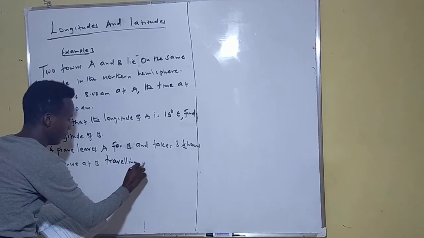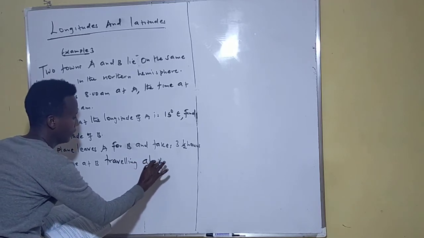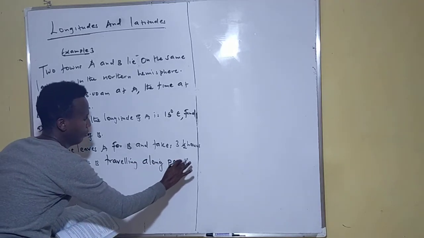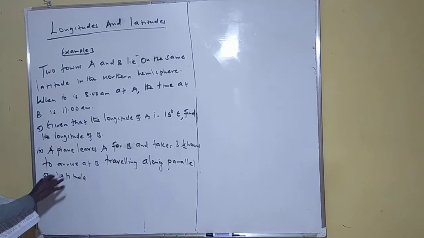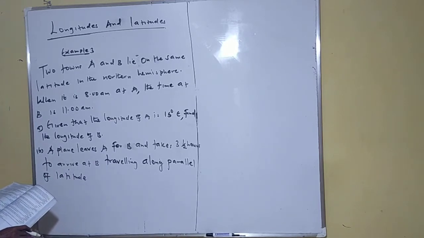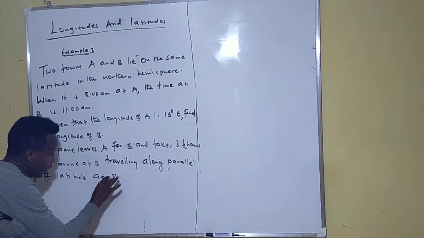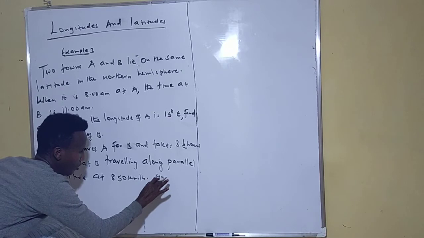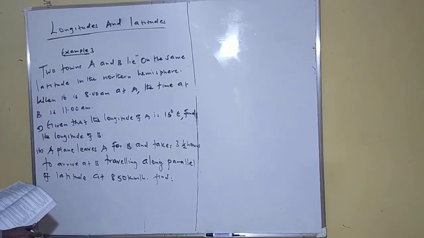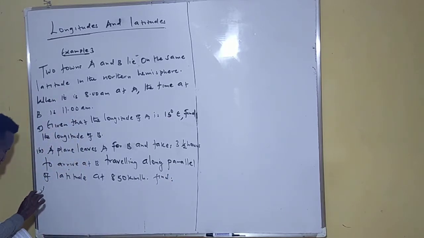That means small circle, just understand that, at 850 kilometers per hour. So you're told, find,